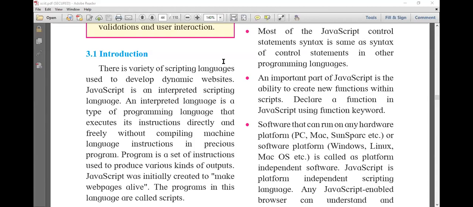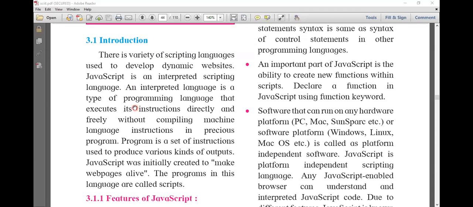This is the thing I want to explain to you: what is an interpreter, what is a compiler? Because each and every programming language requires a compiler or interpreter to execute any program and give the desired output. But JavaScript is such a scripting language which doesn't require any compiler or interpreter. So this part is given in this sentence.